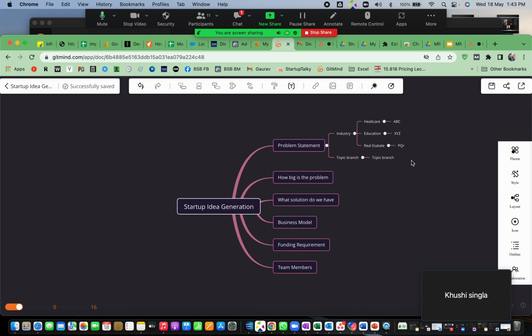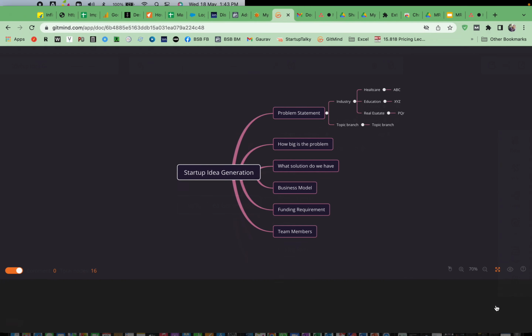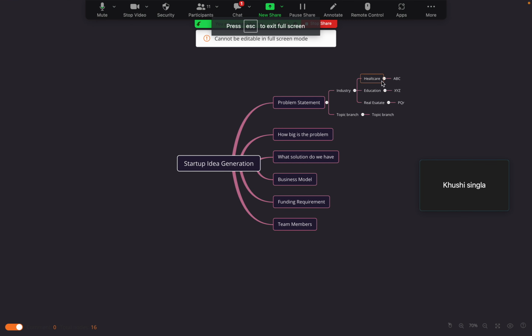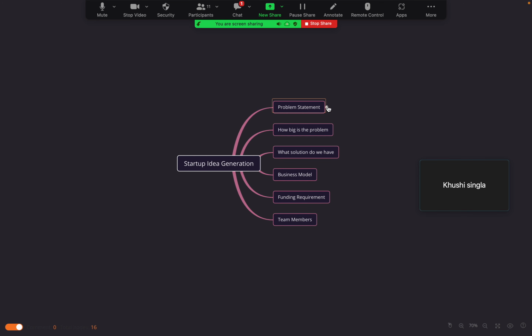And next, if you want to present it, you can also present it. Just clicking on this, you have minus options here. So minus options will take back all these numbers, all these branches. Now the problem is it will not take up these things. You cannot just start with startup idea. So what you have to do,